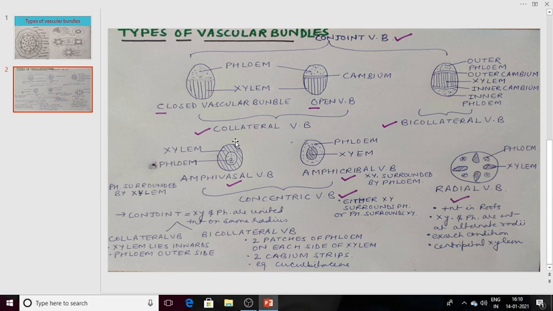If the condition is like this, look here, the inner portion is phloem and phloem is surrounded by xylem from all over. So this kind of vascular bundle will be known as amphivasal. Amphivasal. And here the phloem is surrounding the xylem core. The shaded portion is representing xylem. You can see in all the diagrams I have represented the shady portion, or you can say these lines kind of portion. This will represent xylem.